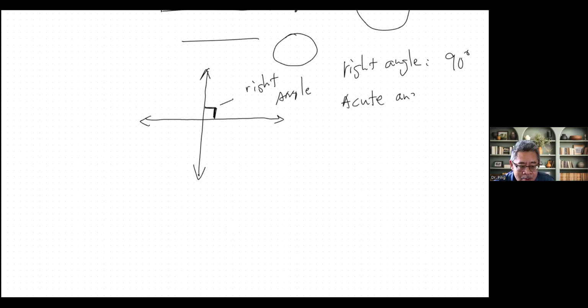And so the angle is less than 90 degrees. And the angle is bigger than 90 degrees. We could call that an obtuse angle. Okay. Then